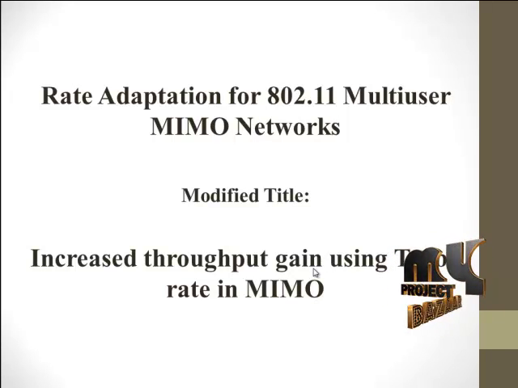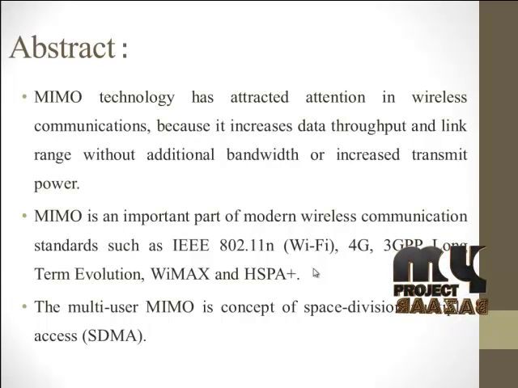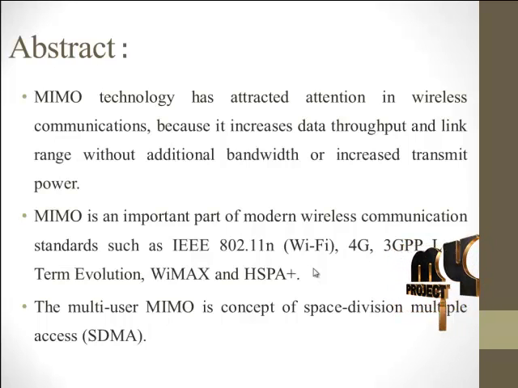Let's discuss the product. Our product is rate adaptation for 802.11 multi-user MIMO networks. In multi-user MIMO, that is multiple input, multiple output networks, the optimal bitrate of a user is highly dynamic and changes from one packet to the next. This breaks the traditional bitrate adaptation algorithms, which rely on recent history to predict the best bitrate for the next packet. To address this problem, we introduced the Turbo Rate adaptation scheme for MU-MIMO, that is multi-user, multi-input, multi-output LANs.